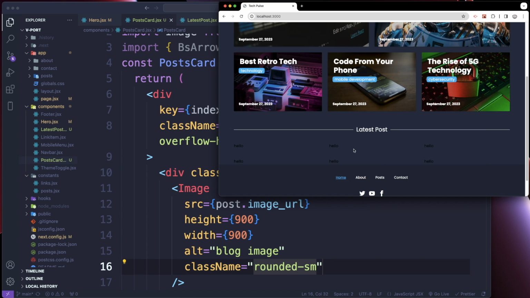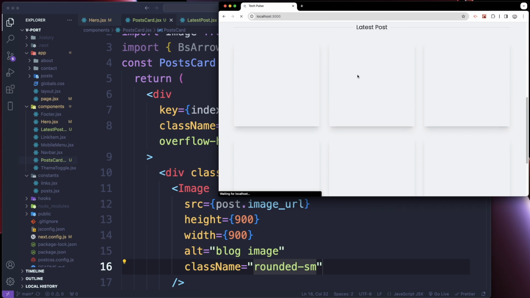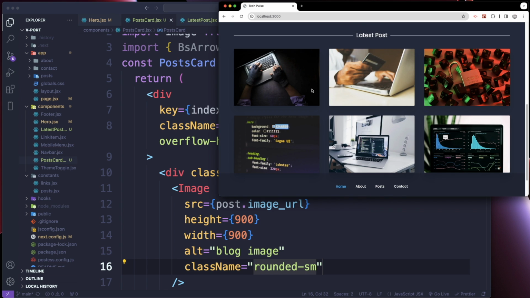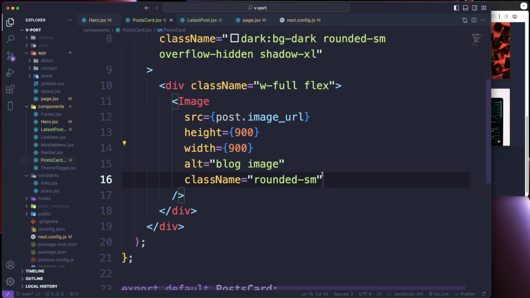All right, so let's see if we see anything. So we see the boxes. Nice. We see everything. It's loading up. Nice. So we got our images there. So right underneath this div,